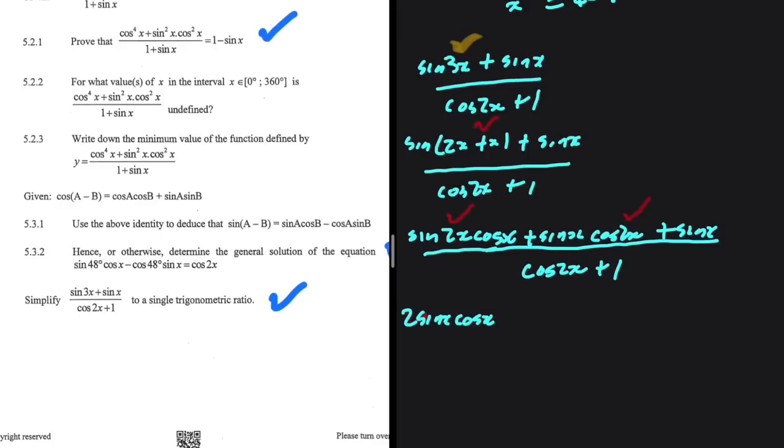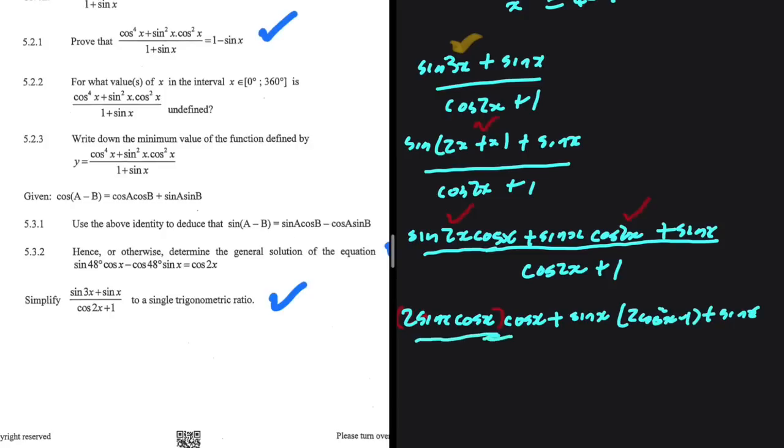So that is sine of 2x. We are still multiplying with cos x, so we have cos x right here. Plus sine of x. Now we're going to change cos 2x to 2 cos squared x minus 1, plus sine of x. Everything divided by